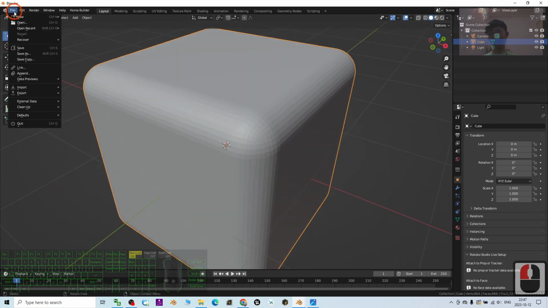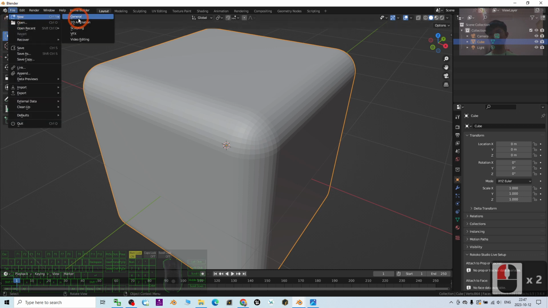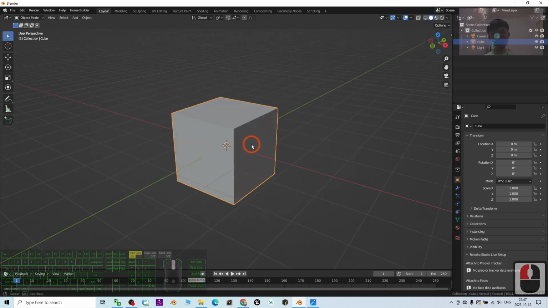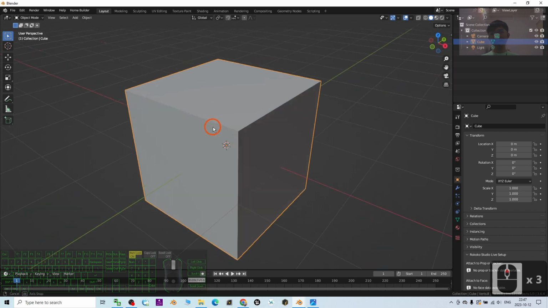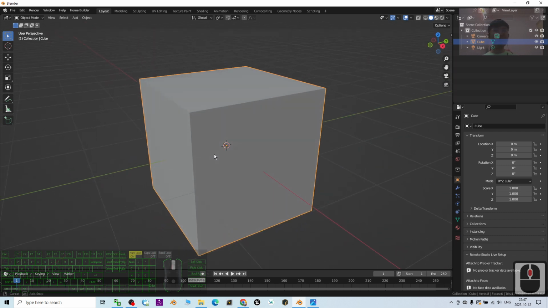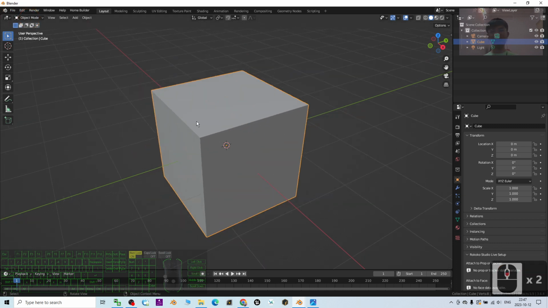Let's say I start from the beginning. I click File, New, General, and I don't save it. So at the beginning, this is just a cube. To create the smooth bevel, what we're going to do is just click and select the 3D model, go